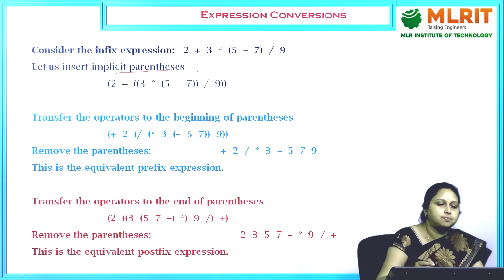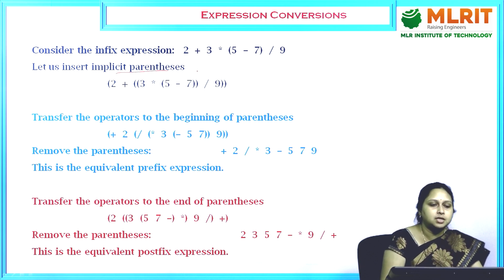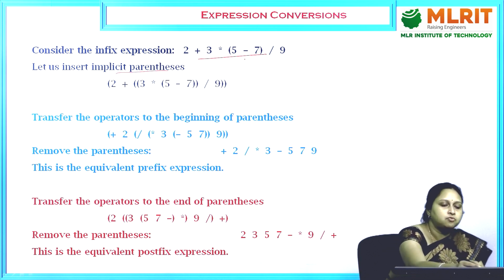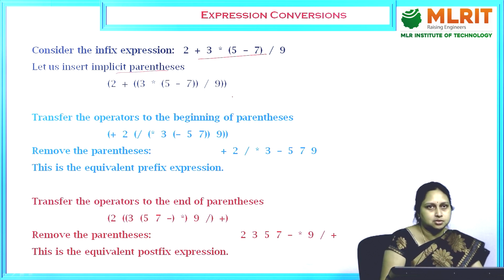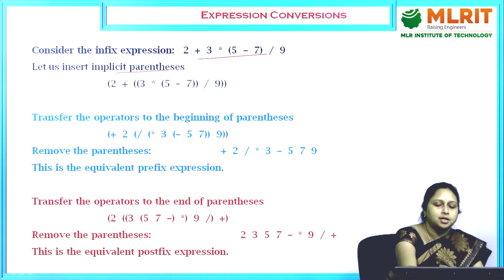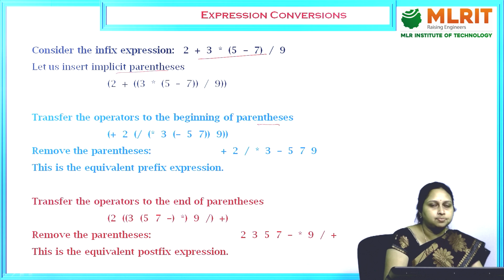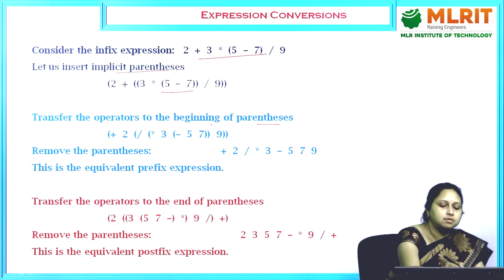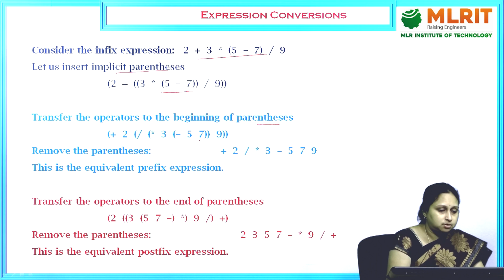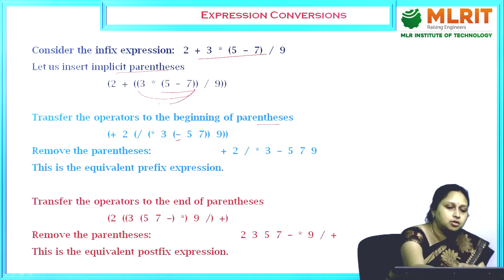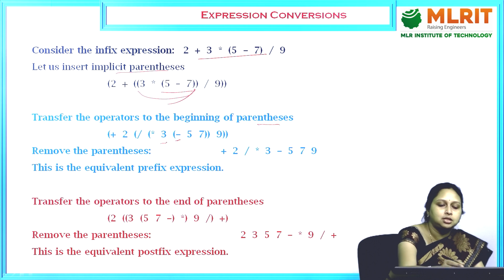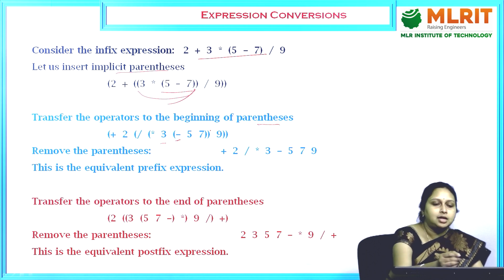There is an implicit parenthesis that was given. We consider the infix expression, and for that we place the implicit parentheses. According to the parentheses, transfer the operators from the beginning of the parenthesis. Observe here, we have placed the parentheses internally. So 5 minus 7 internally means here we represent it as a prefix expression. That's why we place the operator first, minus of 5 minus 7. For this parenthesis, star will come first, then 3 will be an operand. Next, for this one,